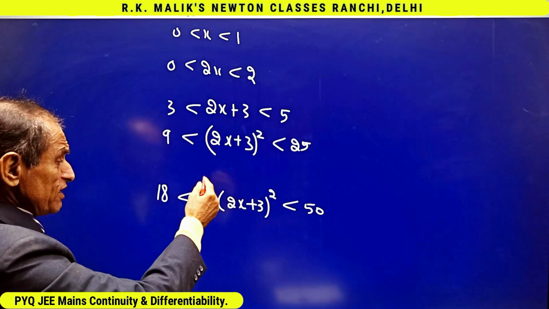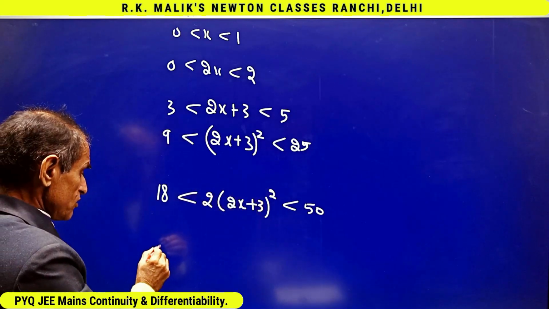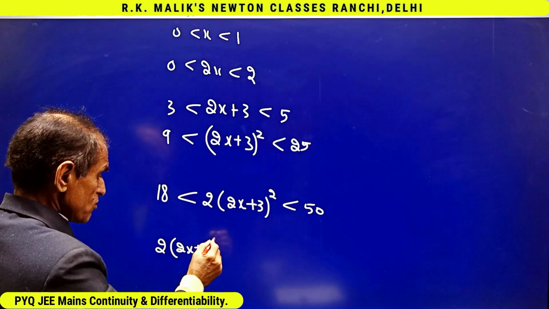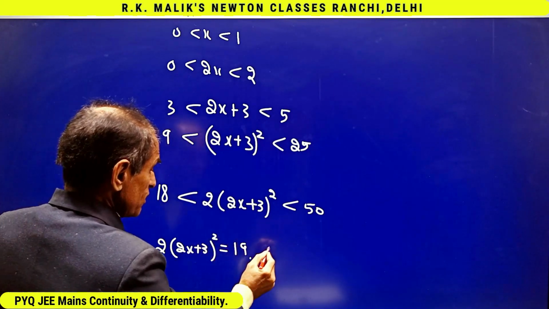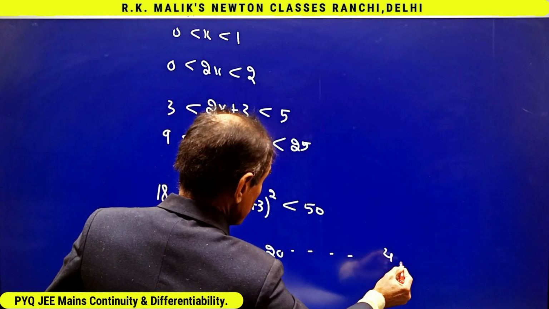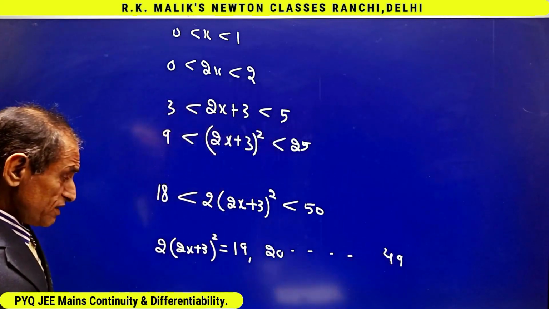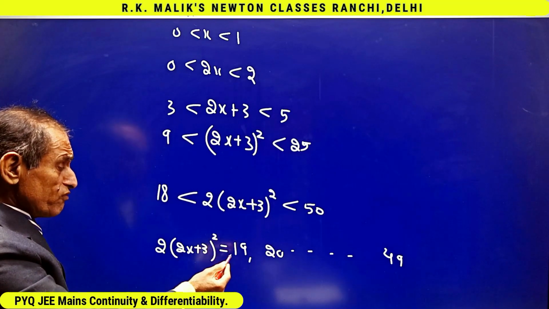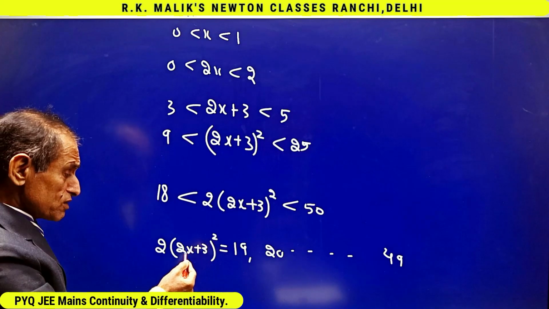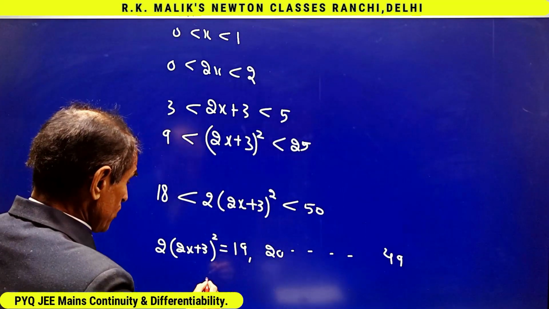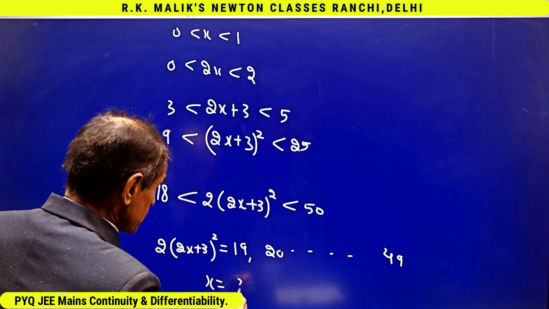Hence the possible integral values of this are 19, 20 and so on up to 49. And every equation will give you only one value of x because we have supposed that x is positive. Hence from here you will be getting 31